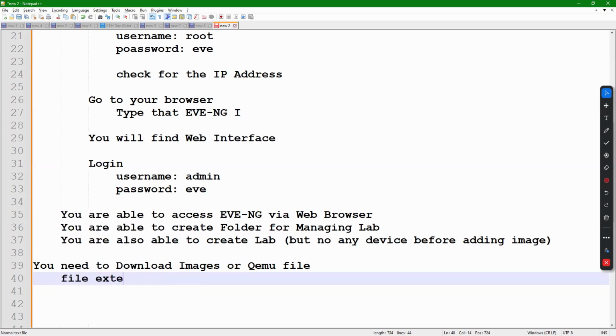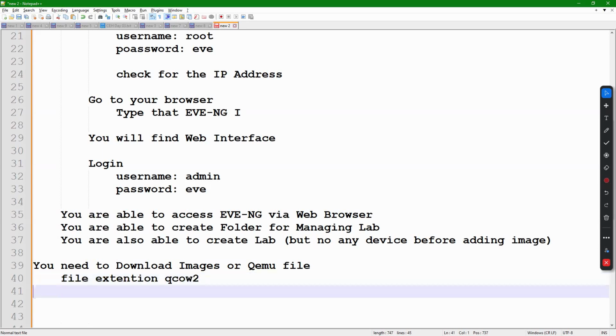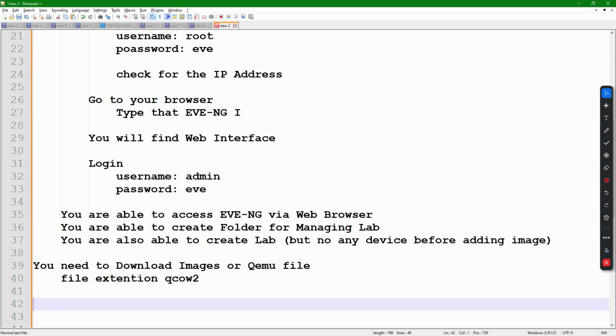File extension is something like this, qcow2. Remember this. Sometimes I notice students message me, sir, there is no any QEMU file. This file is by default not supported by your computer, so you will not see any icon. It just looks like a normal text file. But you need to understand that if it has this extension, that means this is the file you need to attach in your EVE-NG.